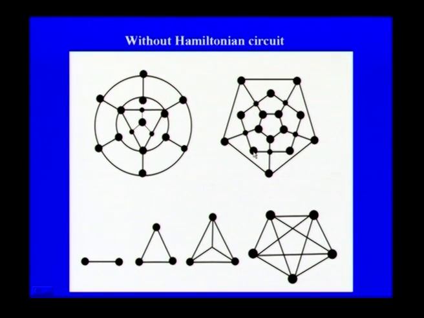Now, once you finish that, you get this circuit, this closed walk, but at this vertex you have already included two edges, so you cannot include any more. So, there is no way you can go from this portion of the graph to the remaining portion of the graph and cover all the vertices. It is not possible. So, this graph does not have a Hamiltonian circuit. Similarly, this graph also does not have a Hamiltonian circuit.